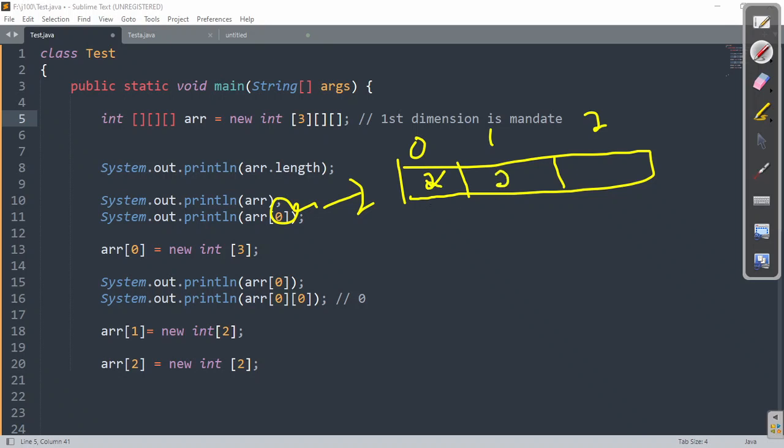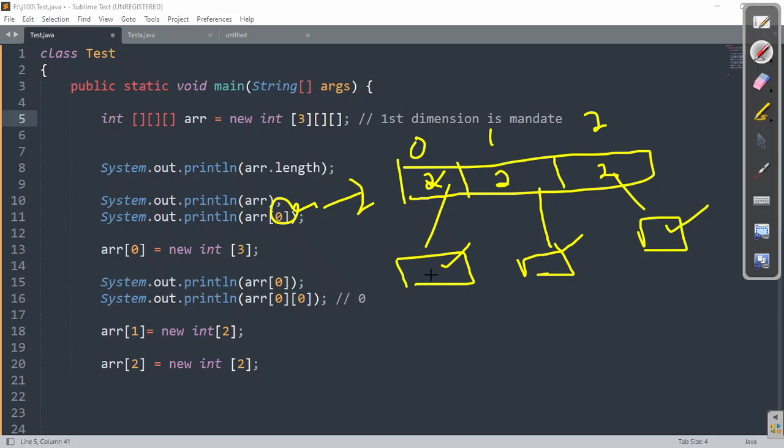A of 1 is now a 2-dimension array. A of 2 is now a 2-dimension array. Now what can these 3 do? These 3 can again refer to 1-dimension arrays. Now these definitely should be 1-dimension arrays. Now they can refer to some more elements.